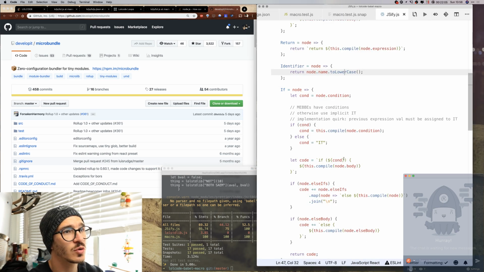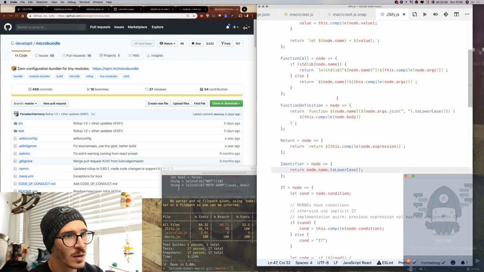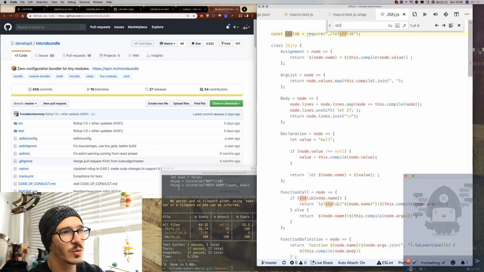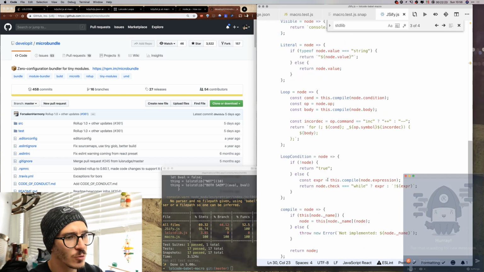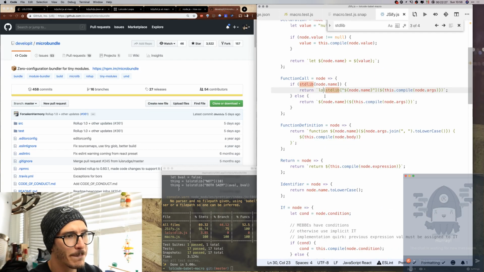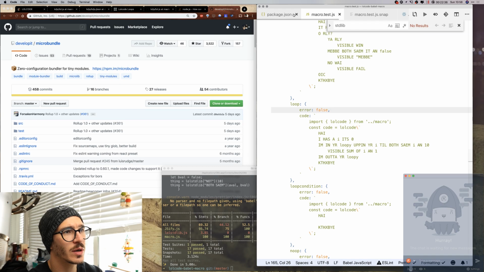Let's change this to React blah. And what else do I need? Where are we using standard lib? Let's see, standard lib. This shouldn't just be lol standard lib. We need it to be scoped to LOLCODE itself, right? Yeah. So we're going to say LOLCODE.standardlib,